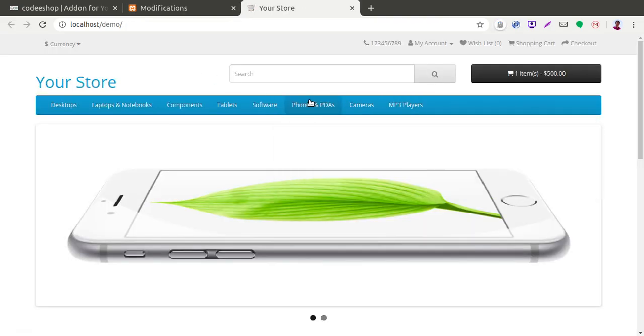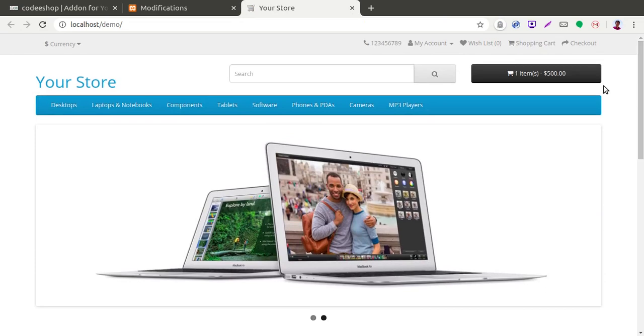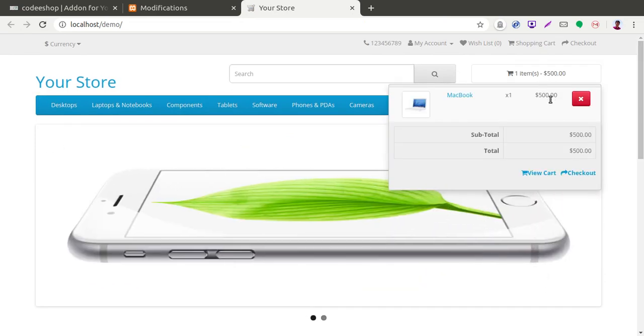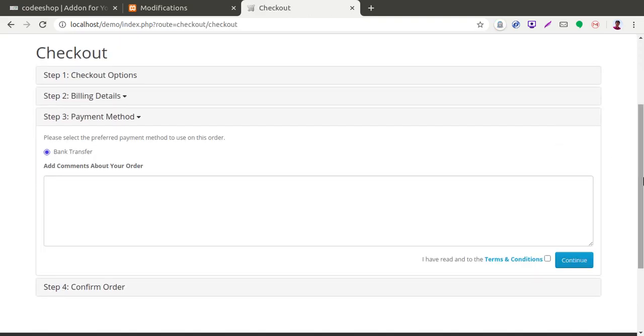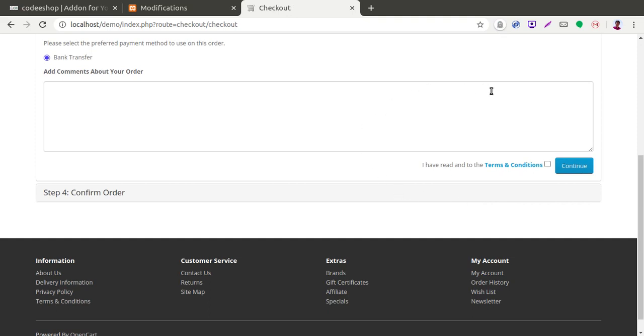So just quickly go to the front end, and I have already added a product, so we can just go and check out. And here's the next step. As you can see, what our module does is, in the front end you can see this terms and condition button. This button by default in Opencart opens a modal, but after using our modification, this button functionality changes